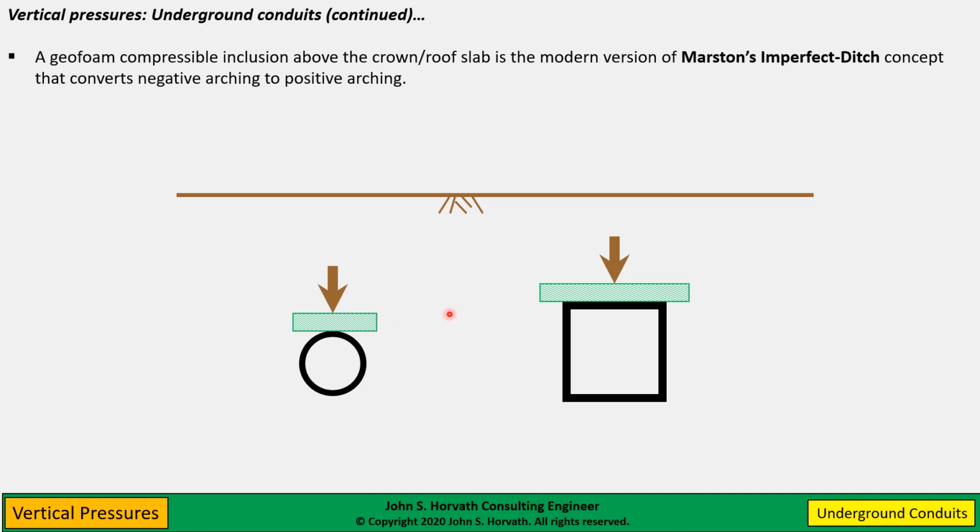Nowadays, we have much better, more modern alternatives to achieve the same thing. And you can achieve some very impressive reductions. So now, with the compressible inclusion, the vertical pressures on the roof slab or crown are less than the overburden stress by a factor typically found to be 20 to 50%. So the overall reduction, if we go from the negative arching case to the positive arching case, you could reduce the loads by a factor of 3 to 10, which is quite